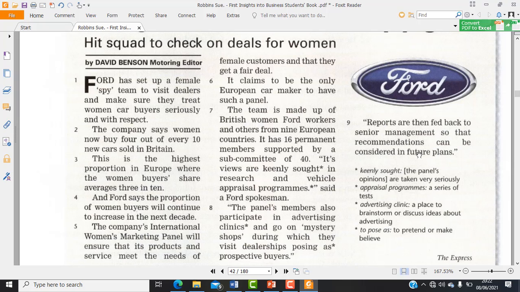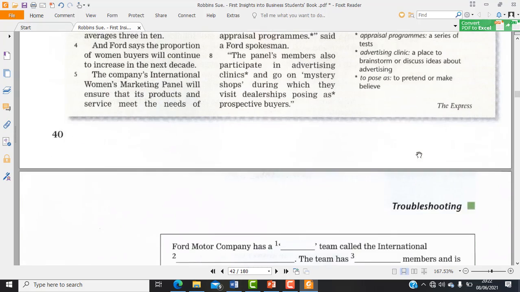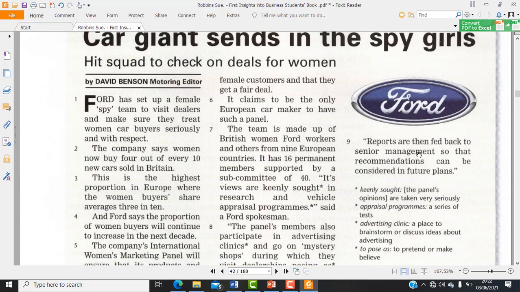So I think this is really important right now. It's also interesting because right now women are more interested in buying cars. Yeah, so therefore the car maker should pay more careful attention to the women buyers. Yeah, like the product should meet the service and the quality that the women want, gitu loh. Yeah, dan lain sebagainya. Okay, I think that's the material for today. I hope you guys can understand what you have to do.